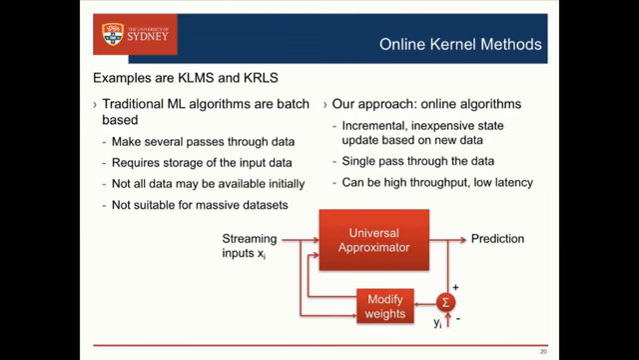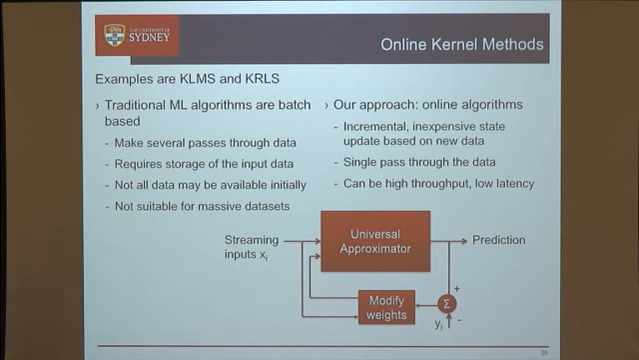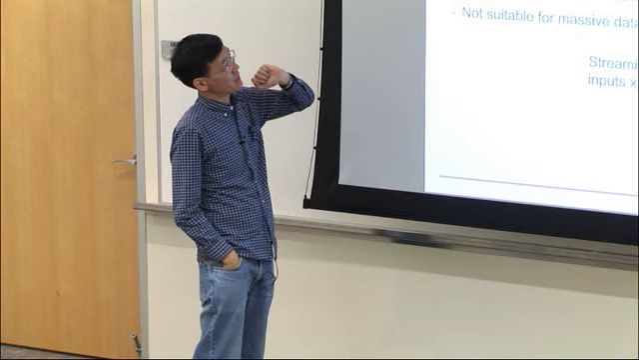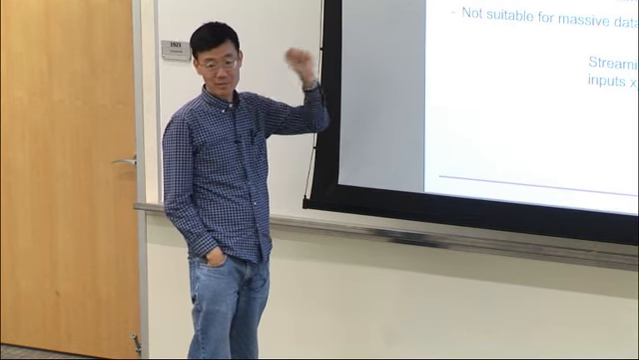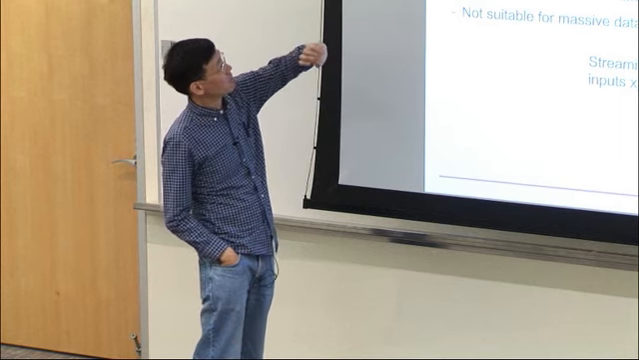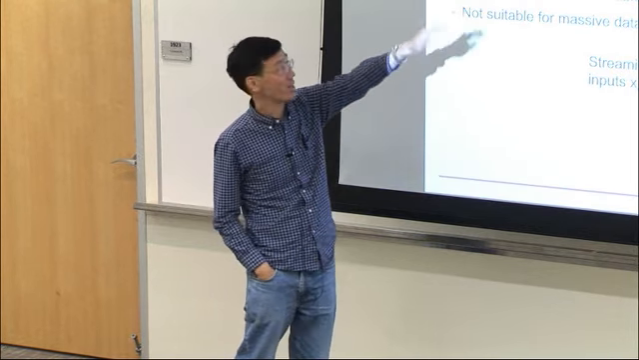So we tried to design a vector processor, and the algorithms that we looked at are kernel least mean squares and kernel recursive least squares. So if you're familiar with adaptive filter theory, then it's a kernel version of the least mean squares and the